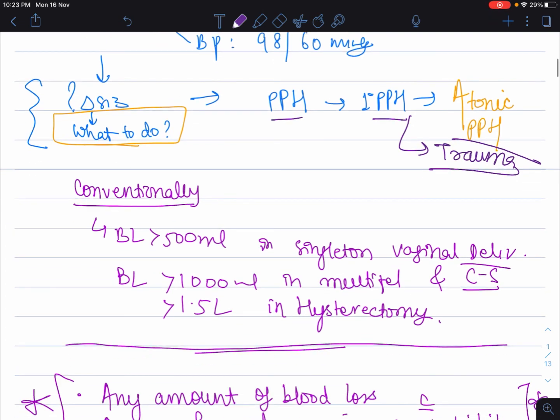So I just want to inform you what are the other common causes of PPH that you should be knowing, because it's such an extensive topic that the other reasons need to be dealt with separately in separate topics. So you need to keep in mind the trauma, you need to explore for any trauma that could be present.